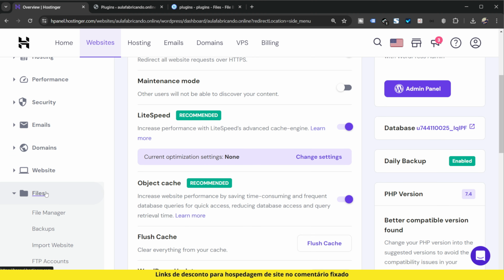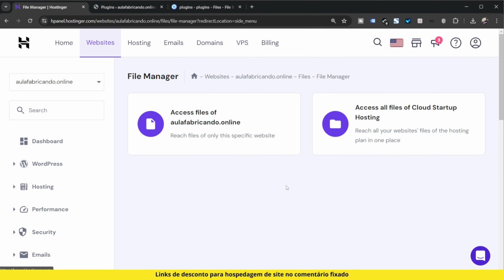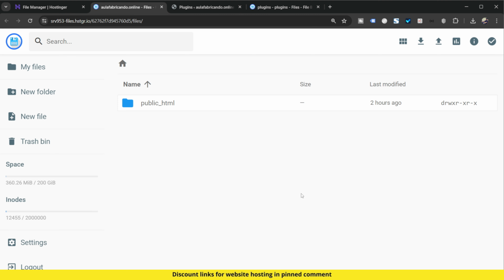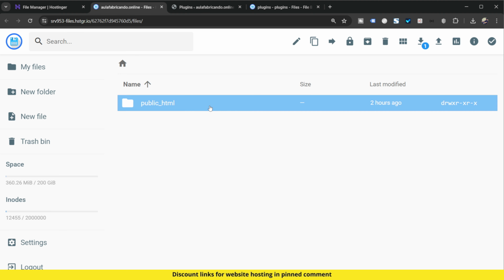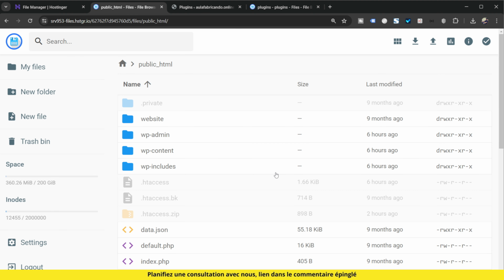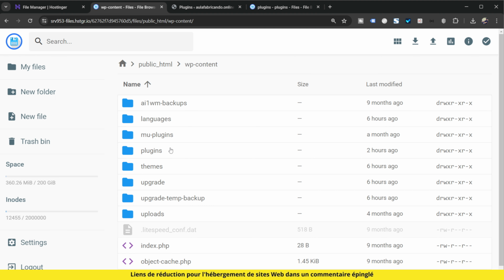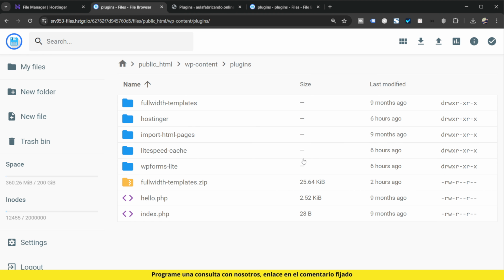Go to Files and File Manager. Click on your File Manager, and when you open it, you will have access to the public_html folder. Access the public_html folder. On some servers, this folder may be named www. Go to wp-content, the plugins folder, enter it. And inside the plugins folder, you will see that you will have folders with the names of the plugins you